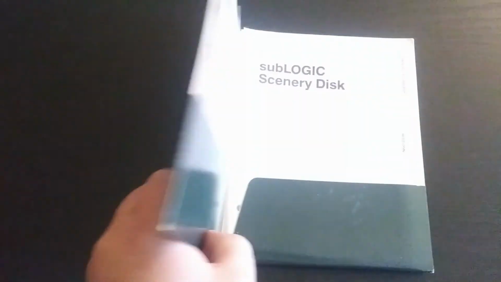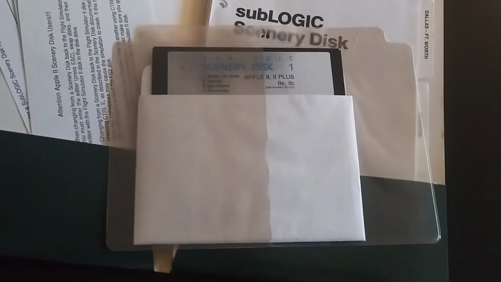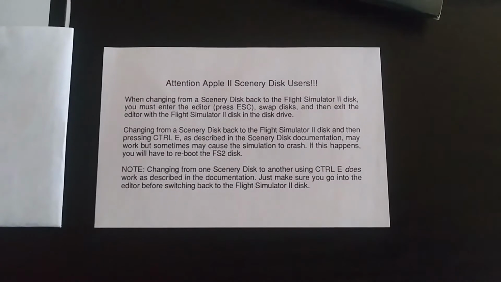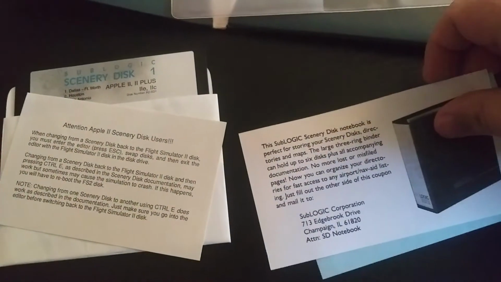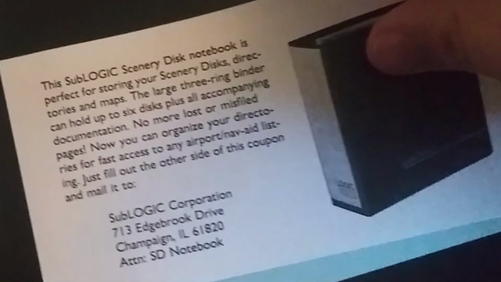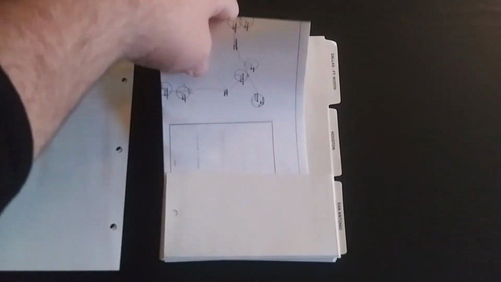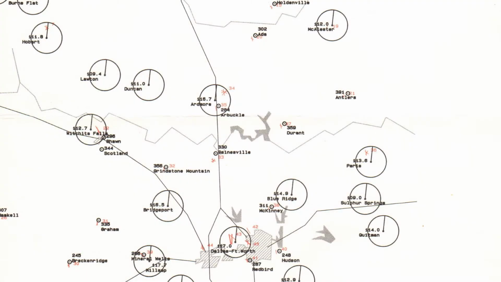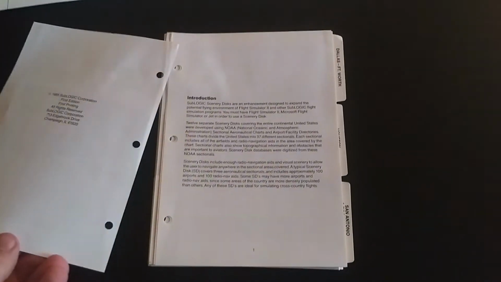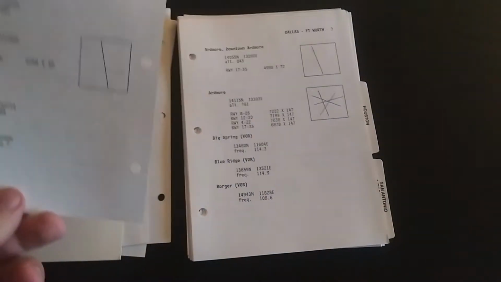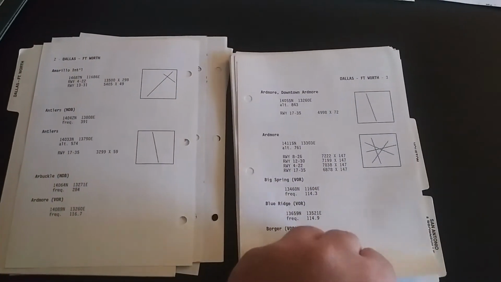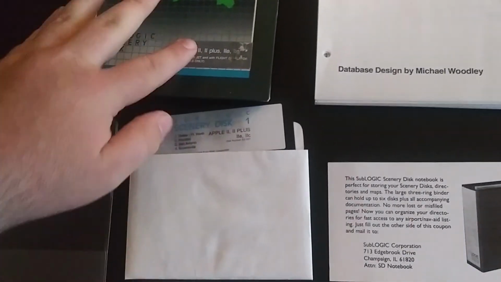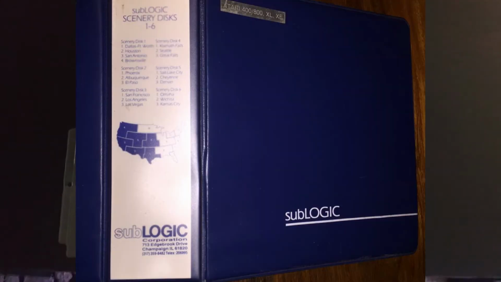Inside this nice pocket folder, you'll get the 5 1/4 floppy disk with a plastic notebook pouch, special instructions regarding the Scenery Disc if you're an Apple user, information on how to order a binder for all of your scenery goodies, a registration card, simplified maps of the covered areas that'll show you where the treasure is, and instructions on how to use the Scenery Disc, list of airports, coordinates, nav-aid frequencies, and scenery dividers with pockets for your maps, all conveniently 3-hole punched, just waiting to be put into a dedicated binder, like this one.